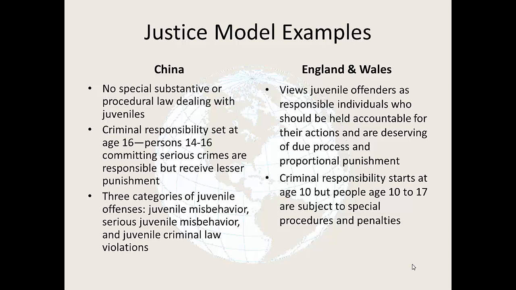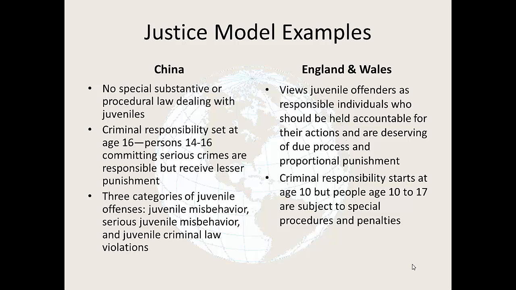The justice model examples include China, which is moving along the continuum more toward the justice system, the justice model. In China, there aren't any procedures that are specifically identified as being juvenile justice. The age of criminal responsibility is set rather high, actually, at age 16. But persons ages 14 to 16 who are seen as committing serious crimes are considered responsible for their actions, but they receive a lesser punishment. So it's that category prior to age 16, or actually including age 16, where the individual can be held accountable